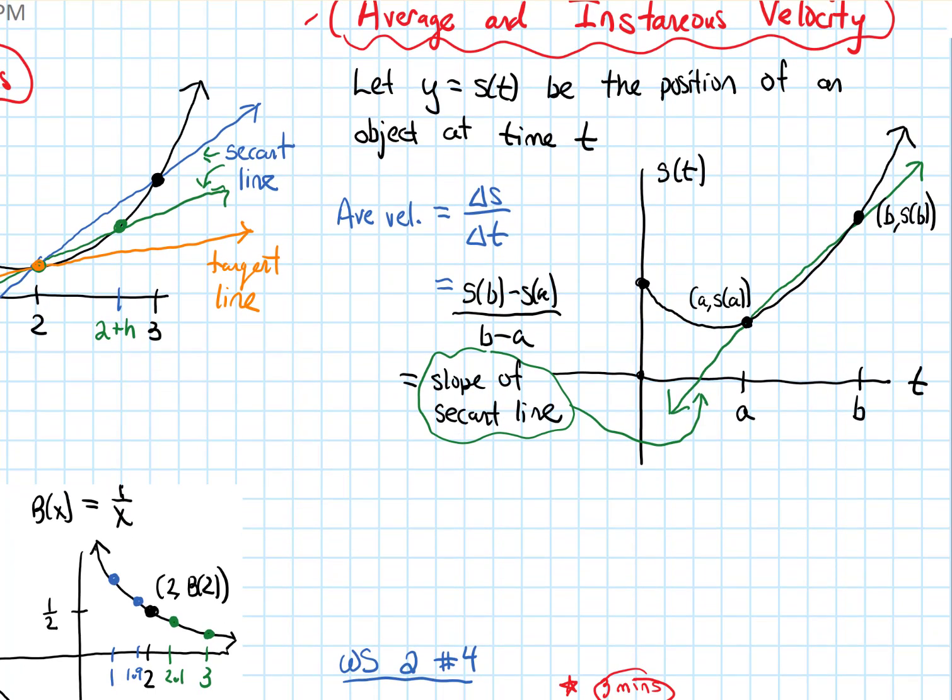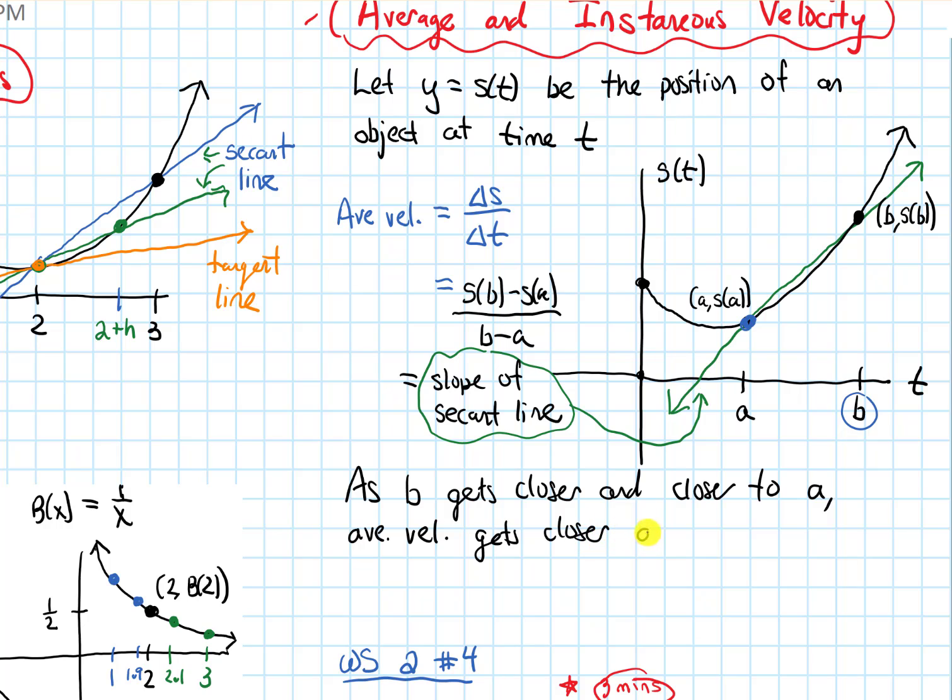And if I want to estimate the instantaneous velocity at a, how fast is this object moving right at that instant where a occurs, I need to take the average velocity over a smaller and smaller time interval. In other words, I need to take this point b, and I need to move it closer and closer and closer to a. So as b gets closer and closer to that point a, our average velocity gets closer and closer